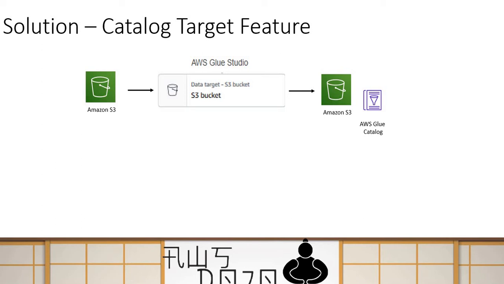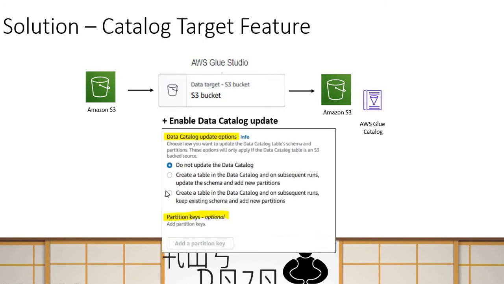That was a little pain to do unless you are using a workflow like a Glue workflow. But now this whole thing has been simplified, and the way it has been simplified is that your data target node has a configuration to generate the catalog of the target data it is writing. And that is done by this particular configuration over here, where you can select to not catalog the data, or you can select to catalog the data,